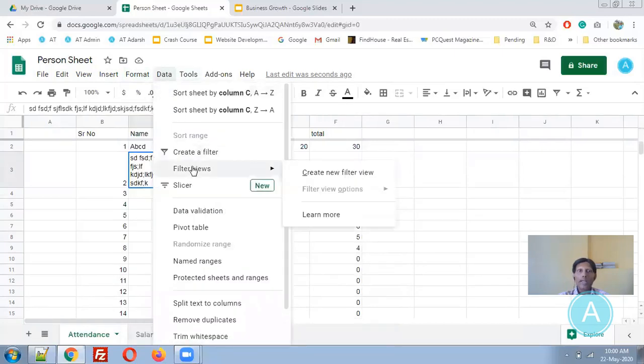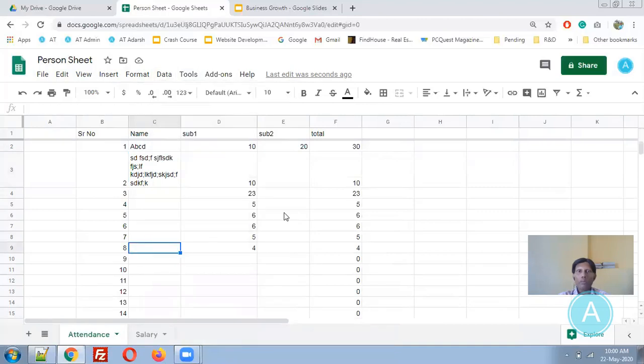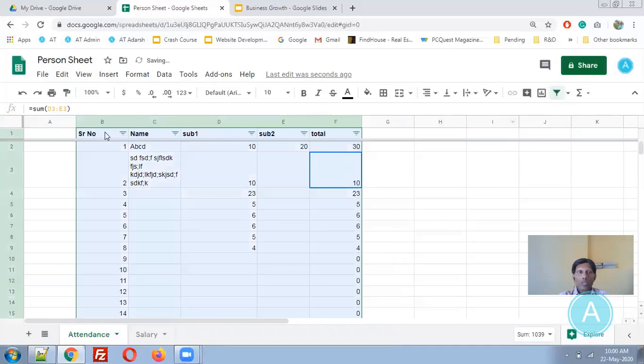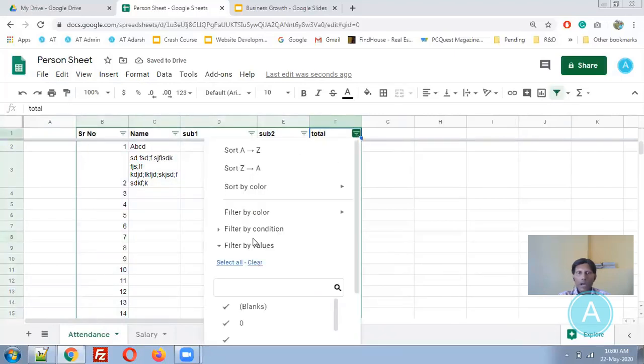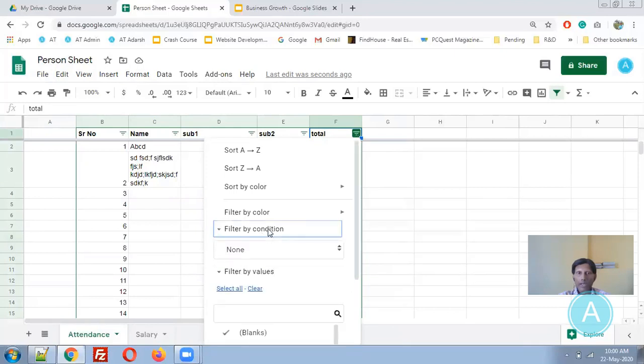You can do data processing, for example, filtering the rows. This is very much important. For example, I would like to filter the rows with more than 20 values, so I need to click anywhere over here. Then I click the filters. So all these filters are applied over here. Now let me go to these options. I can change these particular conditions, filter by value or filter by conditions.